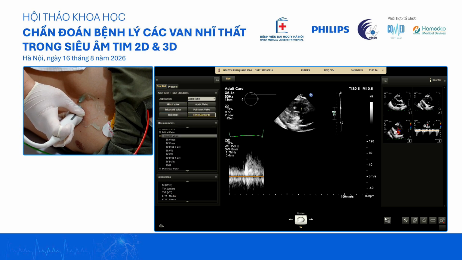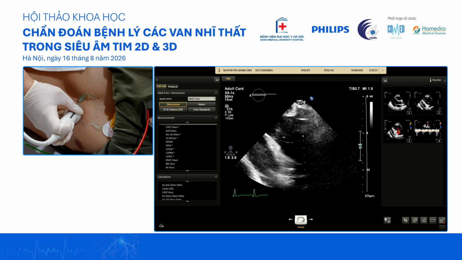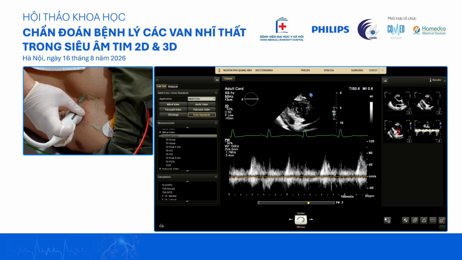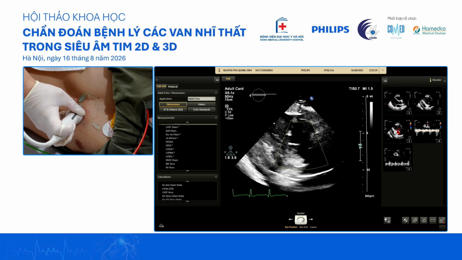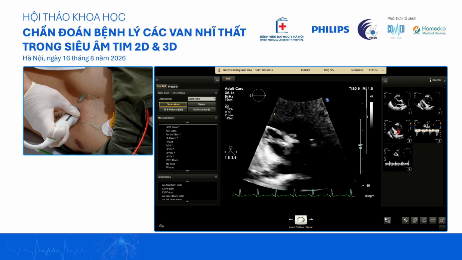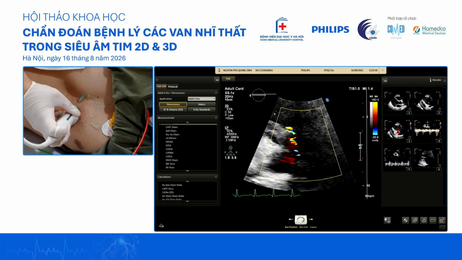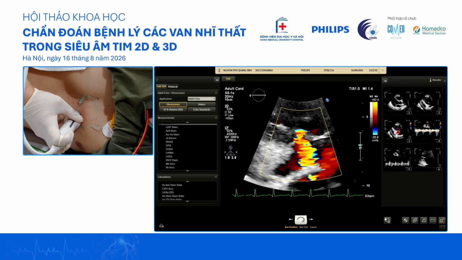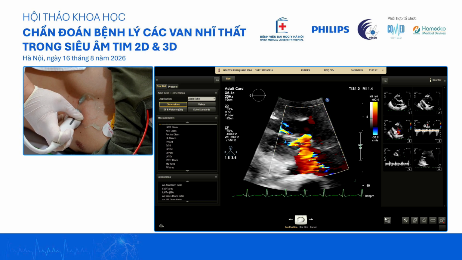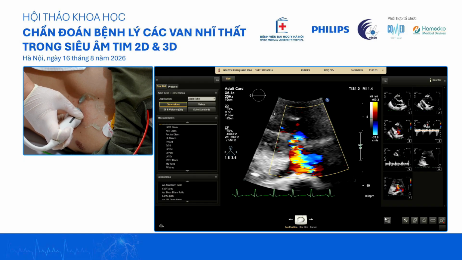We'll also just take a pulse wave just to look at the inflow. Đánh giá pulse siêu âm Doppler xung qua đường vào thất phải. We can also zoom in onto the valve. Look at the structure, zoom vào để đánh giá cấu trúc. Color, and we can do a PISA. Đánh giá PISA. So actually we can see some PISA head over there. Chúng ta có thể thấy cầu hội tụ.